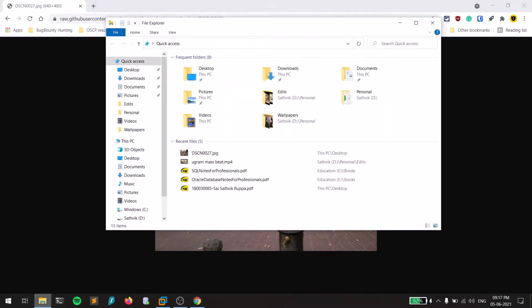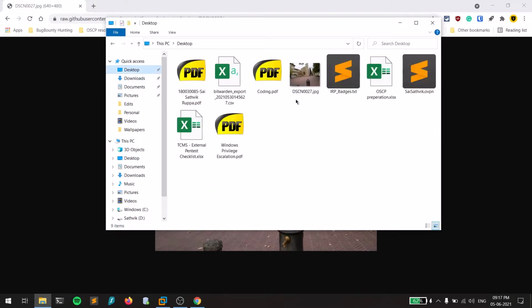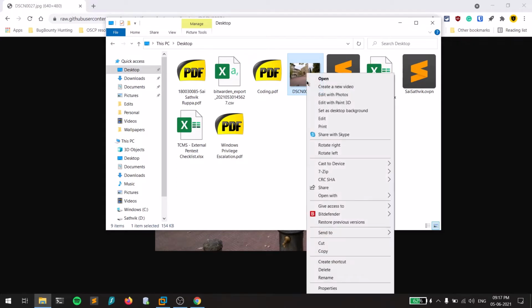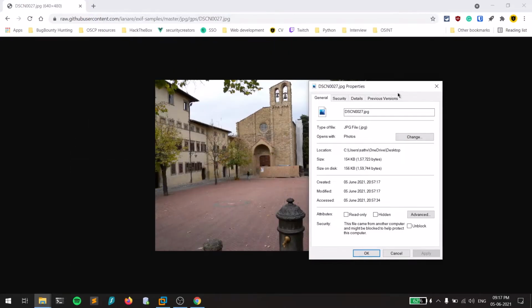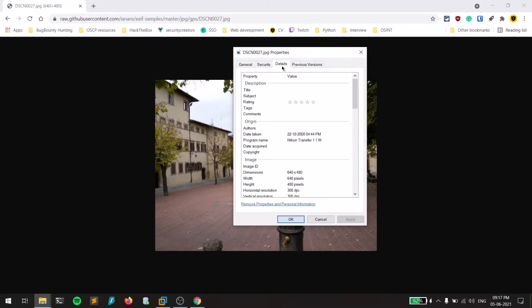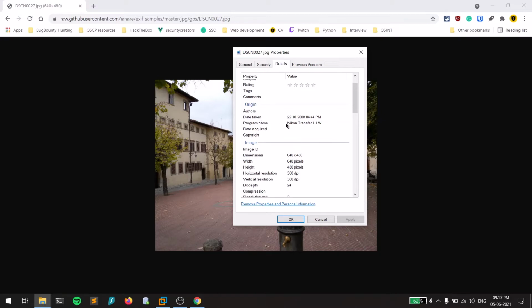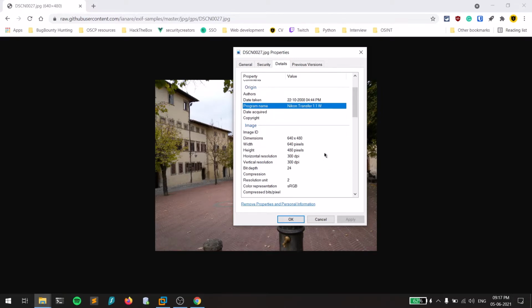As I told you, the common way for that is you can go to the location where you had downloaded the image, and you can right click over that in almost all the operating systems. If you go to an option called properties, you can find something like details over here, or if you scroll down a little bit, you can find some information regarding the details of that particular image. You can see some information like the author, the date, the timestamp as I discussed earlier, and the program name. It is like the program to which the image got transferred, and the image resolution.